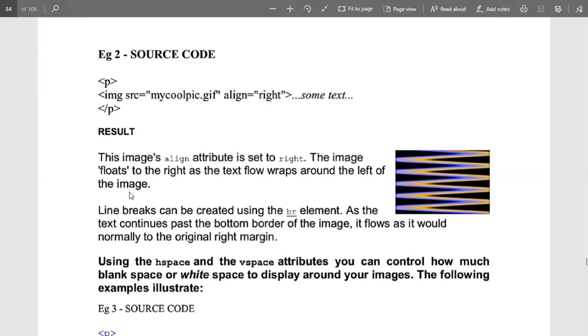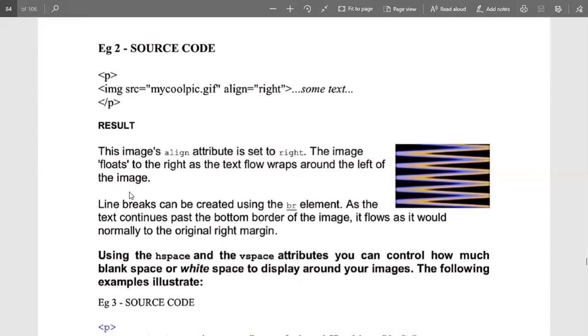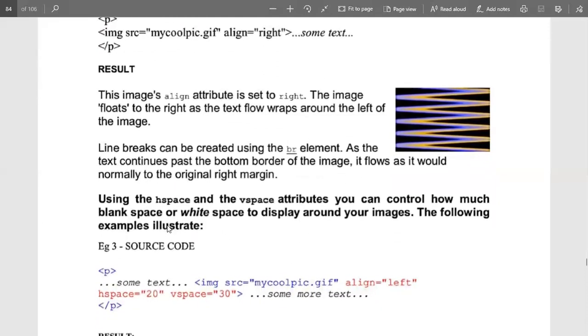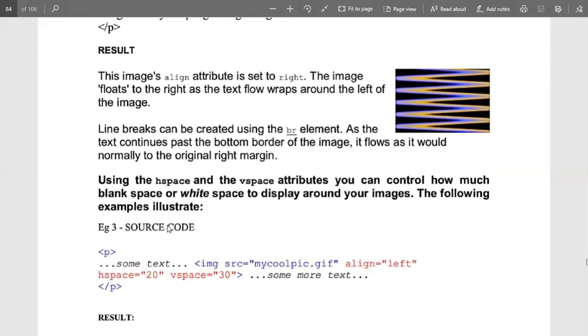A line break can be created with the help of the br tag, so that gap is done with the br tag also. Using hspace and vspace, we can control how much blank space or white space to display around the image, because horizontal spacing is required between the image and text, and vertical spacing is required within the text, and that is mentioned with the help of hspace and vspace.